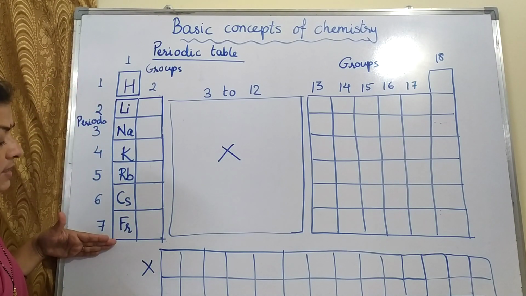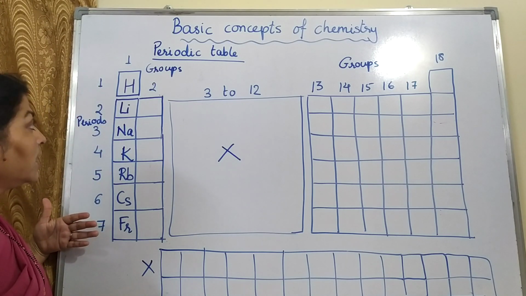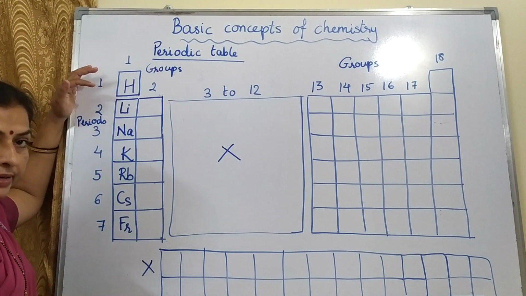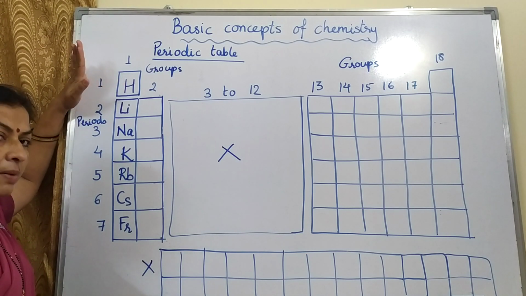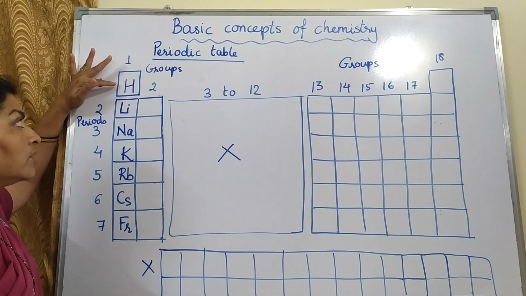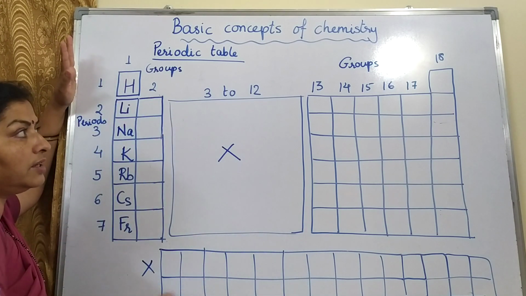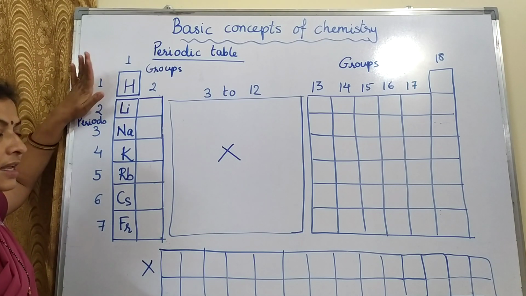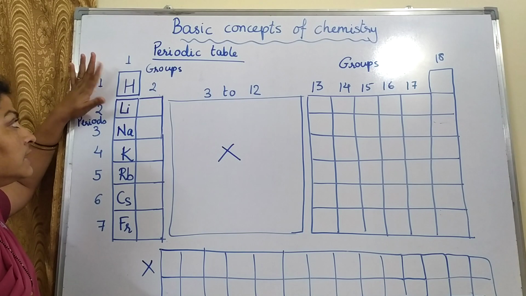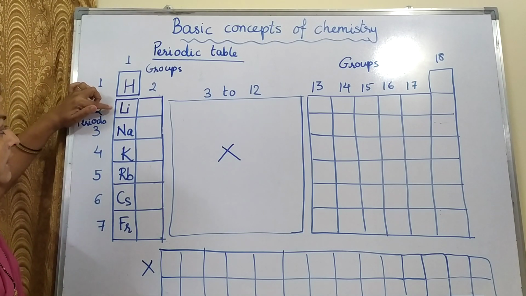So till the 7th period we have filled the first column, that is the first group. Now how to remember? We can remove hydrogen separately. We will not include it in the first group as it is a separate element, does not fall into any group, any period. It is there in the first period, but we don't consider it in any group. So we'll start from here.